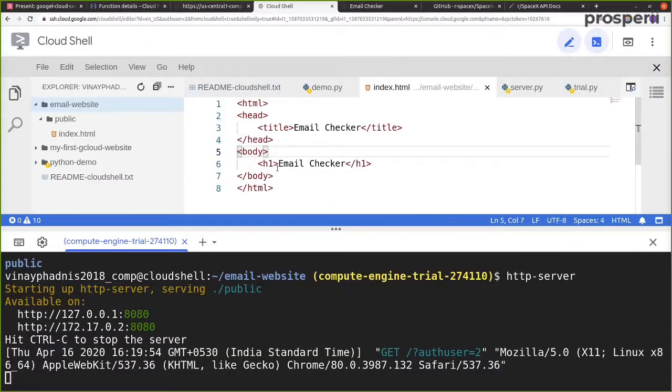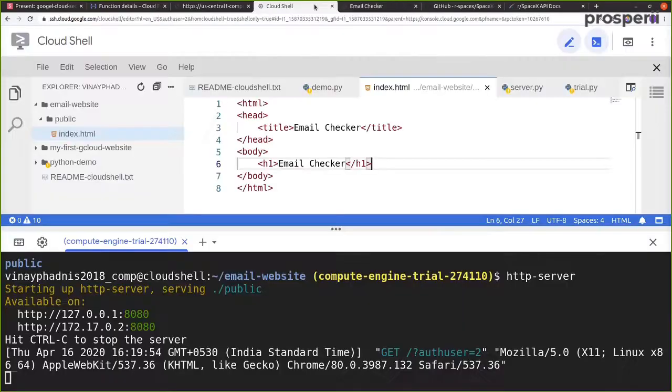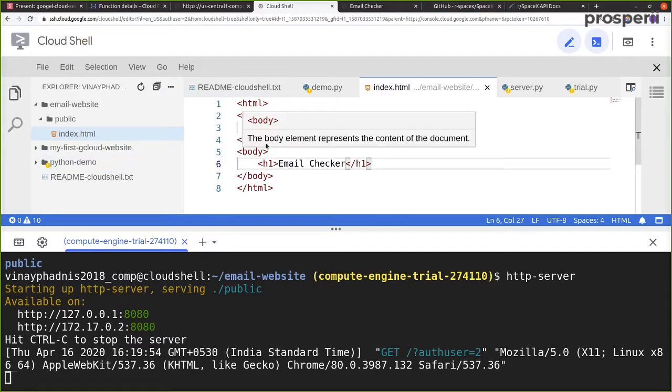Okay, so with this we have built a very simple website. So now let's again review the technical architecture which we are building right now. So again, this is the user. So this is where I will be interacting. Then over here we have a middleman which will further be interacting with a backend.